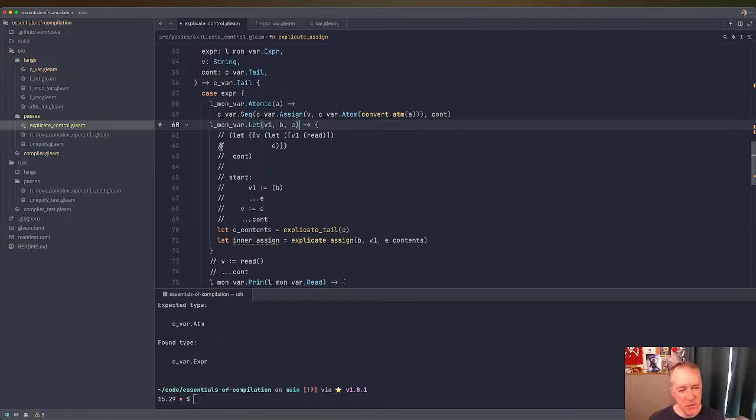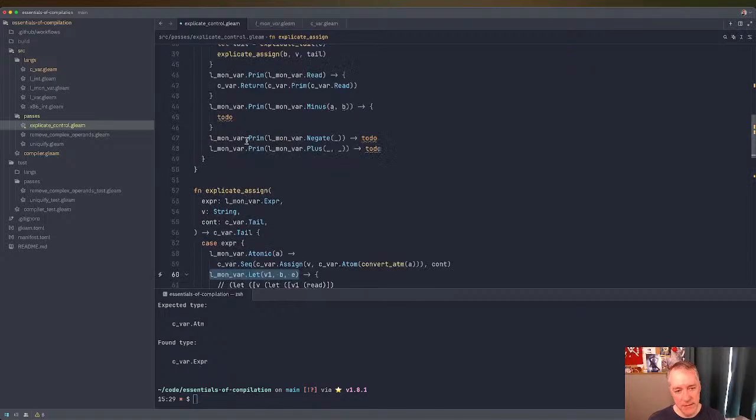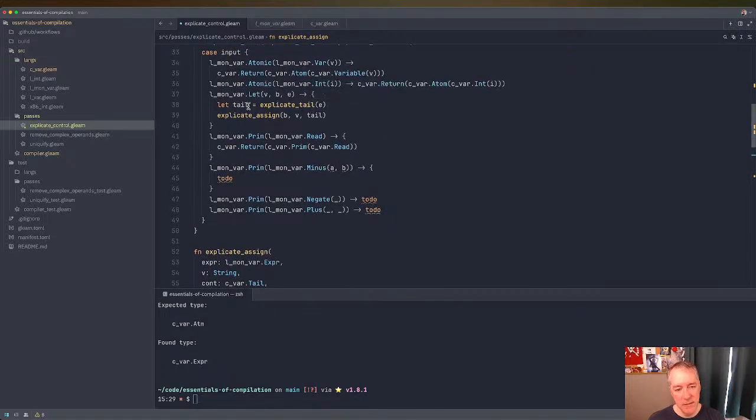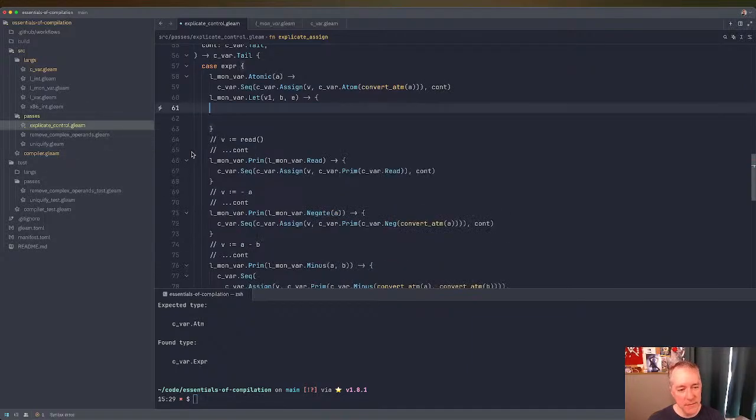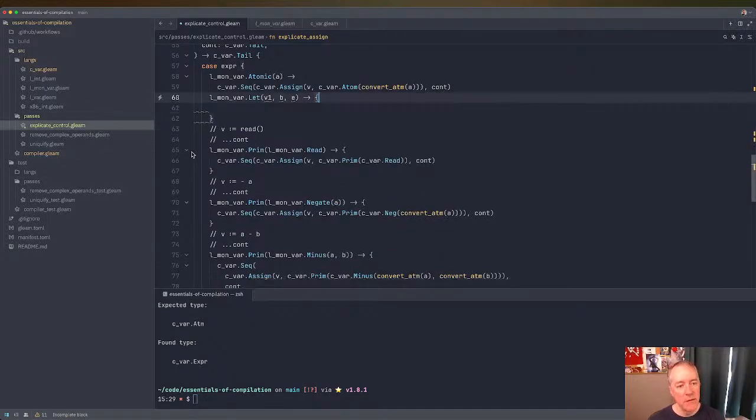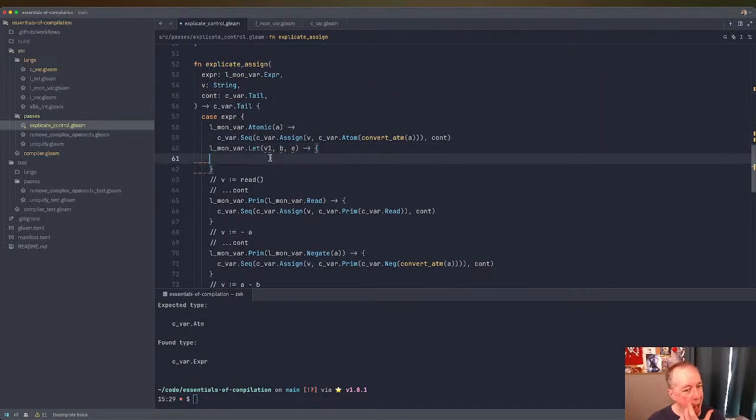Yeah, maybe I'm trying too hard here, and what we need to do is do explicate tail on this entire thing, because then it'll go back up here, right? And it'll do the inner assignment, and the tail will be this. This is basically like what we were doing, we're trying to do it twice down here. So I think that what we do is